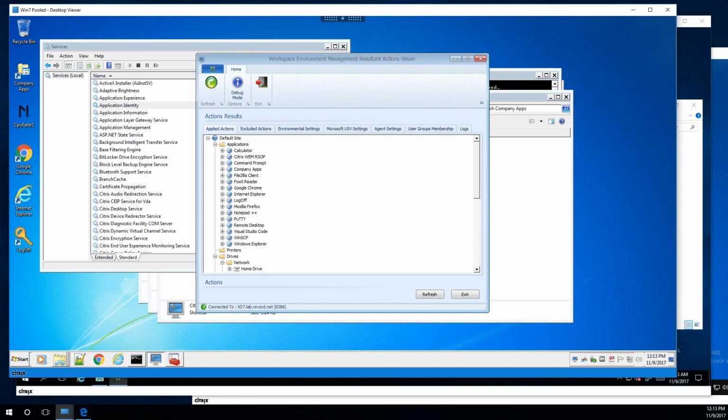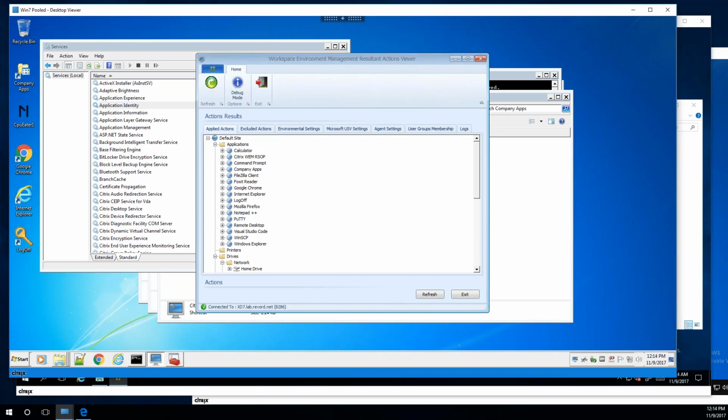And I know I just ran across a couple tools out there that'll read those and spit out the registry keys for you. I can't remember what any of them are called right offhand. But there are tools that will read an ADMX or an ADM file and just tell you what reg keys are being applied. So you can then take those reg keys and put them directly into WEM or file actions or whatever it is. But again, no HKLM, only HKEY_CURRENT_USER.